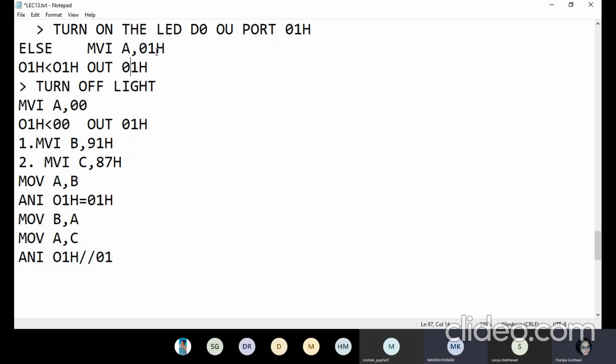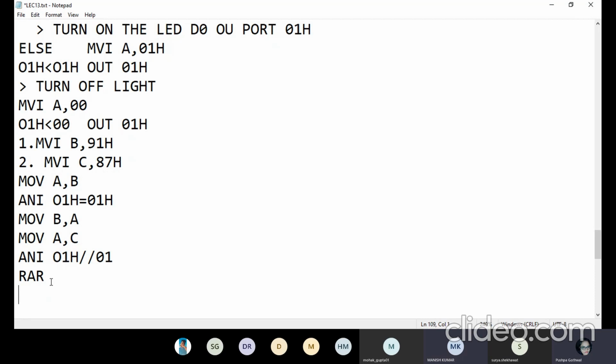If you wanted to check whether D0 is 1 or not, in what direction do you have to rotate? Right or left? You have to shift out the D0 bit. Right, so I can write rotate accumulator right. Here the accumulator content will be shifted by one position, so D0 will be shifted out, and your carry condition will be changed.